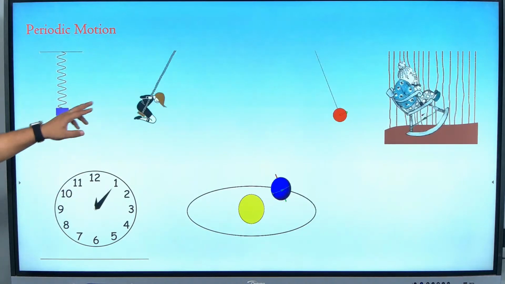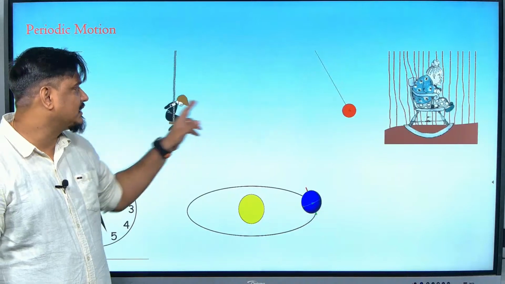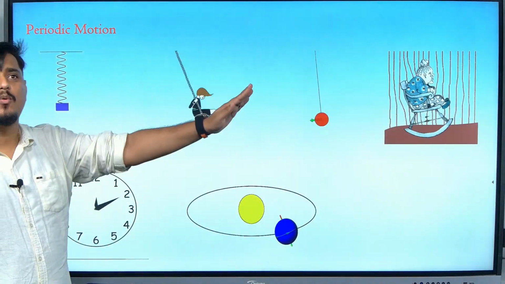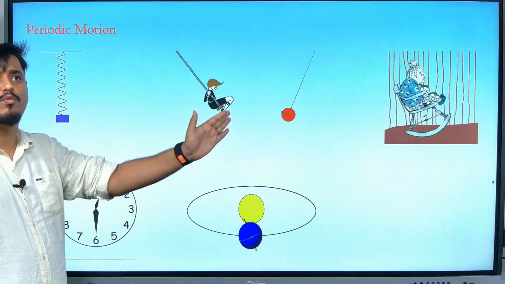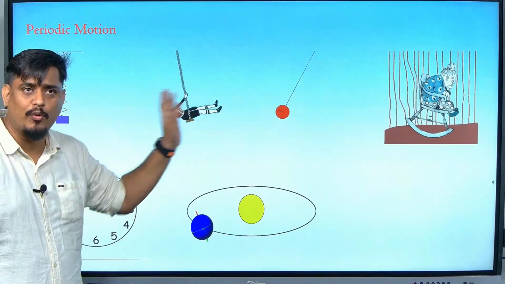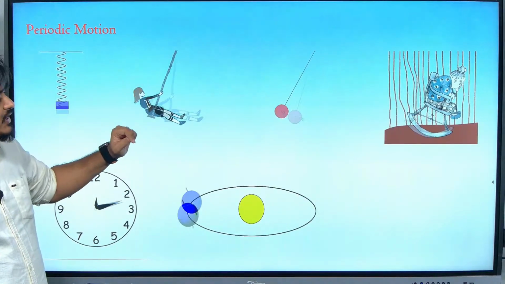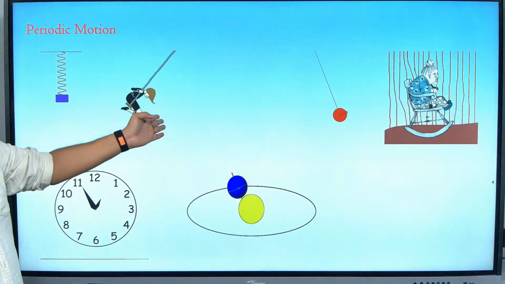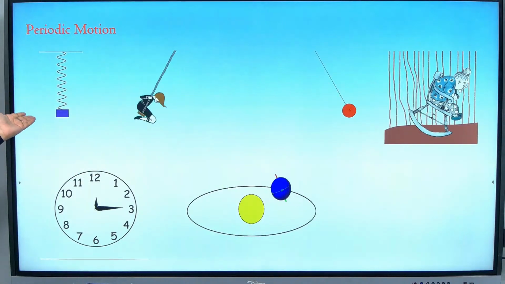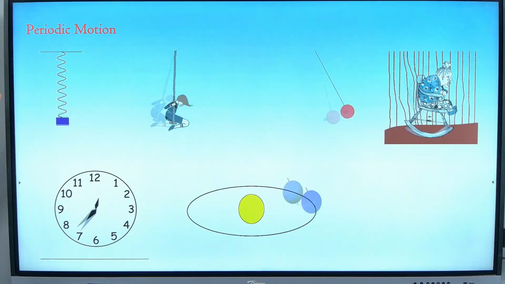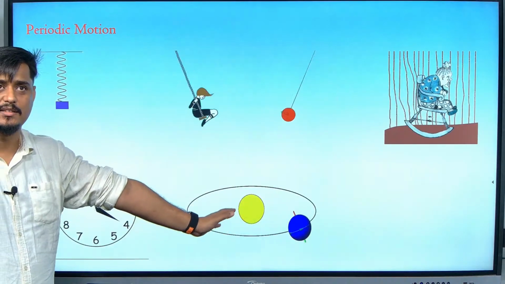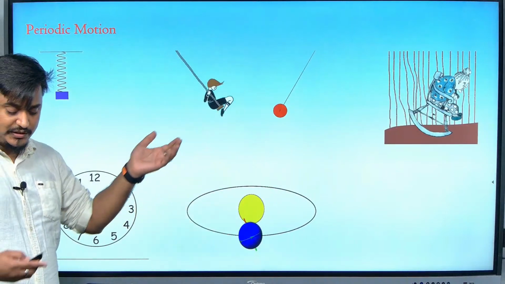But if you see this pendulum or this girl or that party, all are moving around a mean position, to and fro, to and fro. Are you getting it? So, they are in oscillation, she is in oscillation, the pendulum is in oscillation, this girl wearing a black dress is in oscillation, this particular spring also is in oscillation, but these two are periodic motion but not oscillatory motion. Are you understanding, Sugendran? Yes, sir. These things only are mentioned in that difference table.